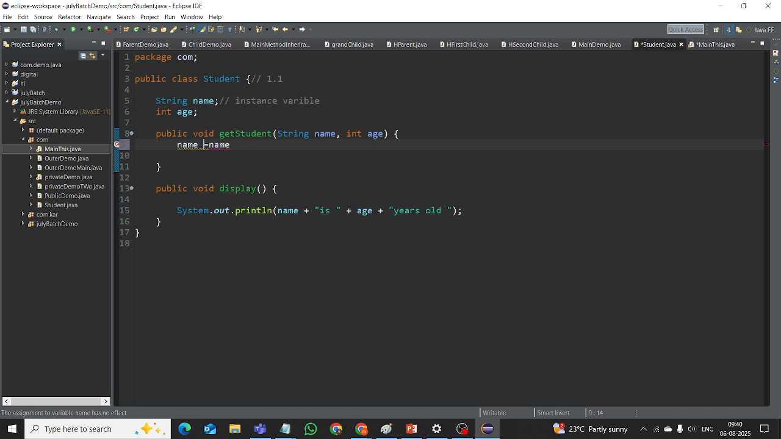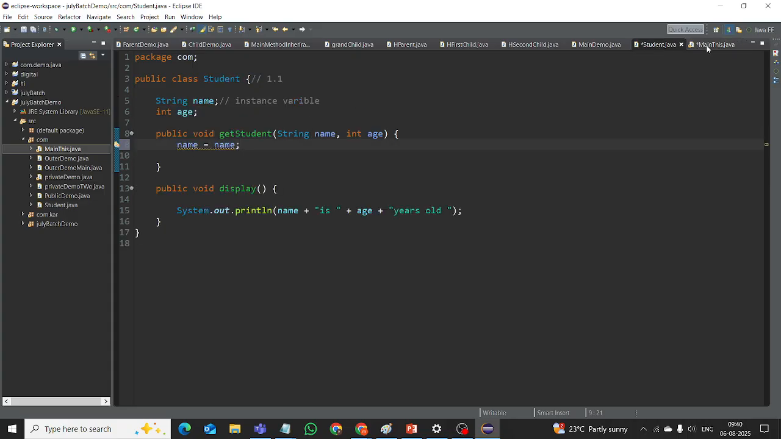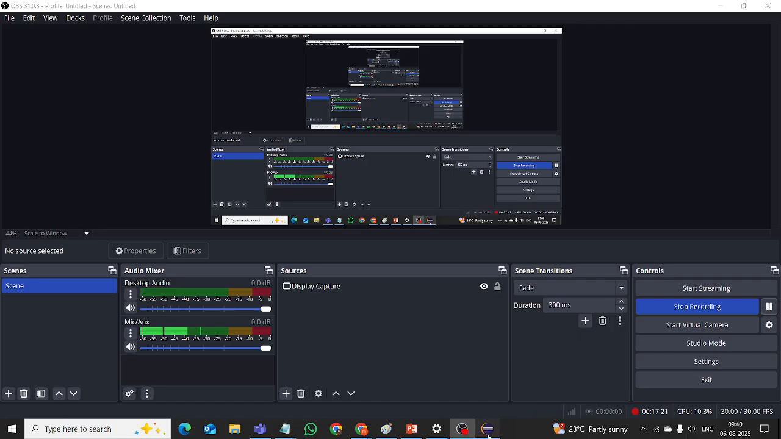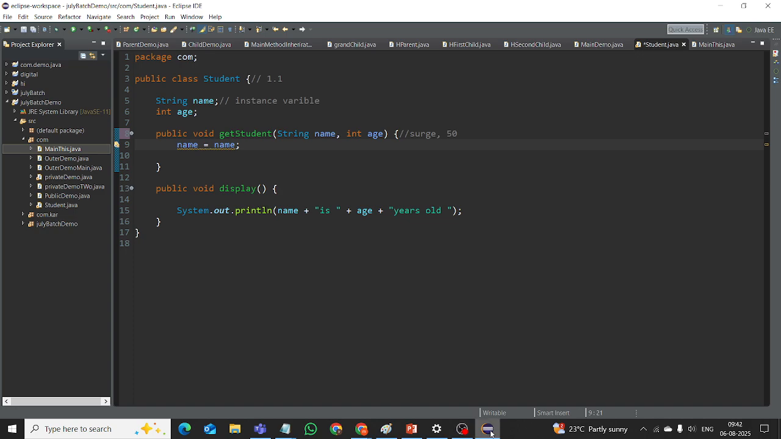This is the key point. Here, we know the parameter. We know how to pass the arguments to the parameter. Then see now, from the main method, what is the method name here? Get student, right? If here I give the arguments to the method,